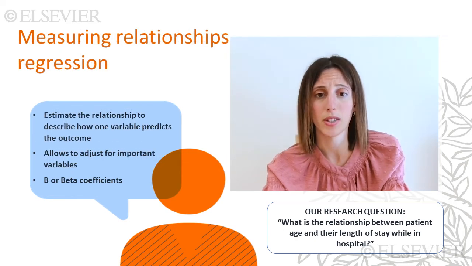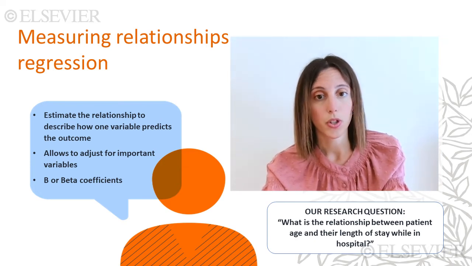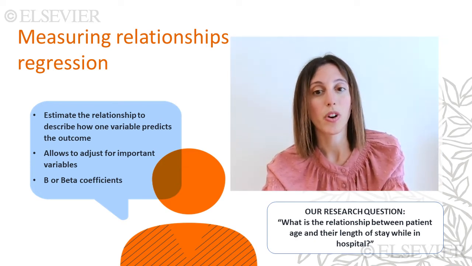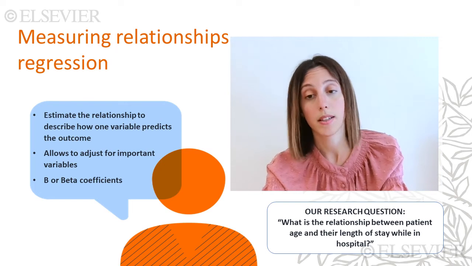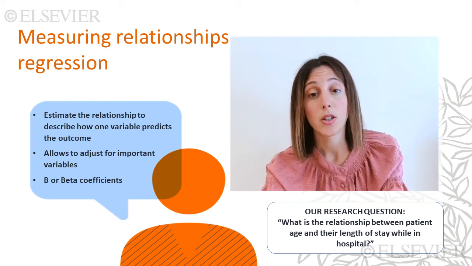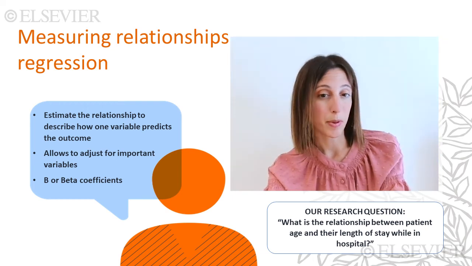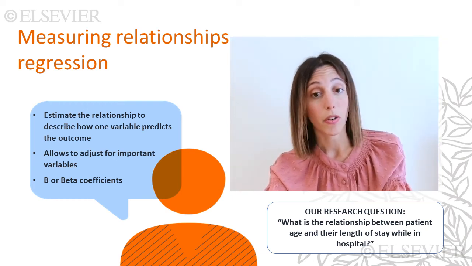If we want to measure associations between variables more precisely, regression comes in. Important note of caution: papers rarely refer to regression models as regression models. They usually specify the exact type of models they use. So regression is an umbrella term that we use in statistics, but in papers you will find specific regression models